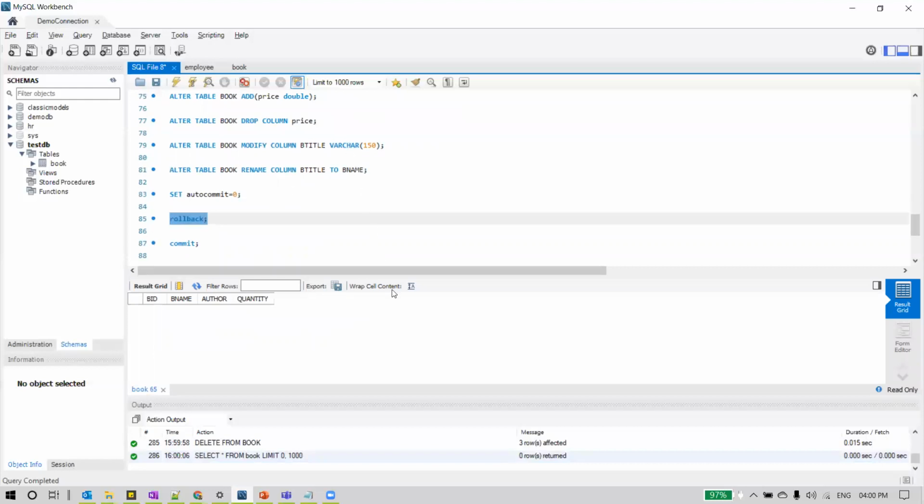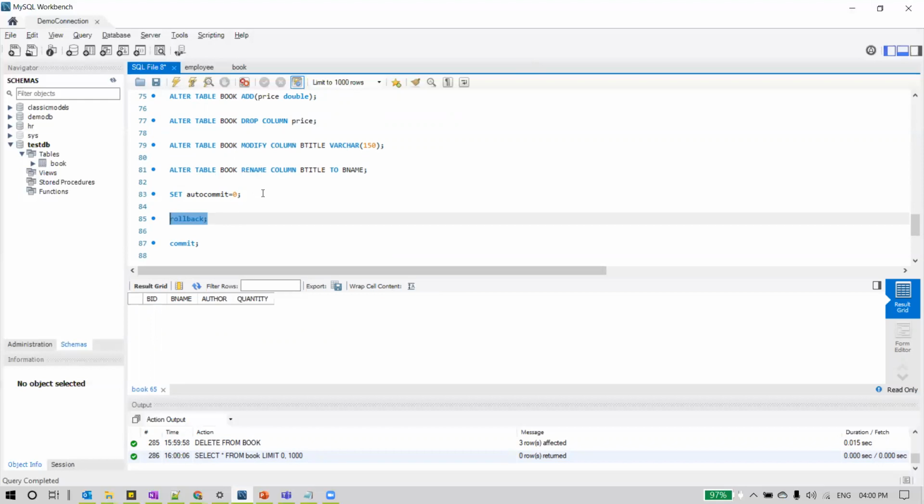Think of it like this: I have mistakenly deleted data from my table. As I set auto commit equal to 0, this query is not actually persisted or saved onto the database. So I have an option of rolling back.